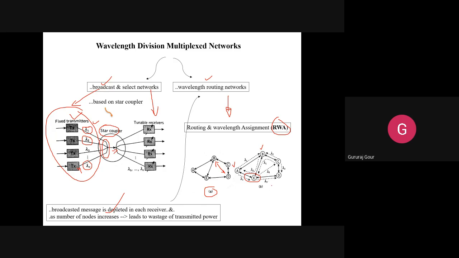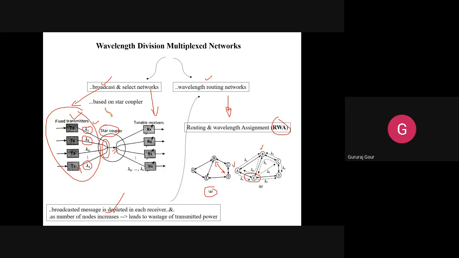Similarly, you can give your own explanations looking at the figure between B and C. If C is going to send wavelength lambda 2, it directly reaches B with a dedicated path between them without any intermediate nodes.